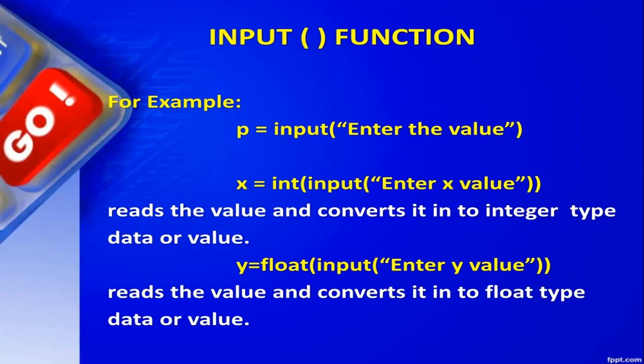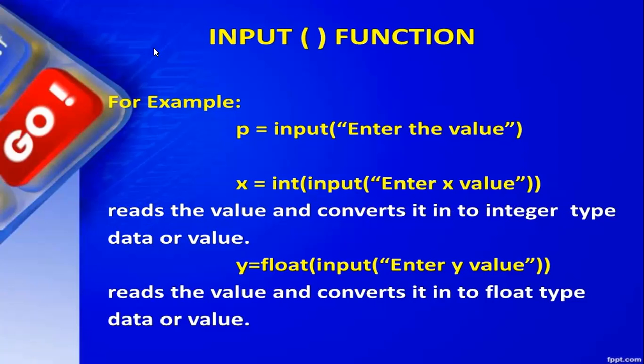So over there, it means whatever value you get, you're going to convert it to integer and then save it into X. So X will have integer value to it. Okay, it reads the value, converts it to integer, and then stores the value. Over here, y equals float input, enter y value. Over here, we are converting the value to float data type and then saving it in y. Okay, so now we'll see this practically and I will tell you the difference between the two.